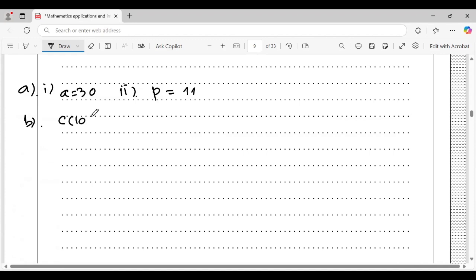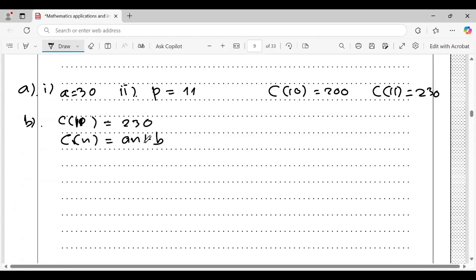C11, sorry, C11, because if C10 equals 200, it means C11 is 230, right? So it is 230, C11, and the formula is Cn equal